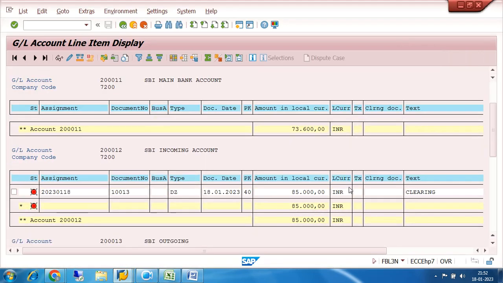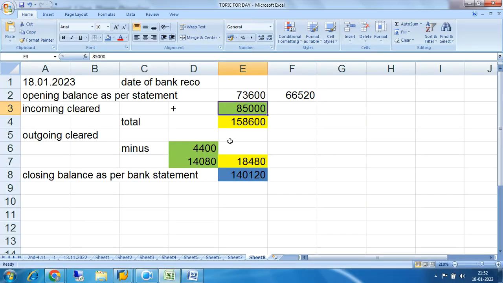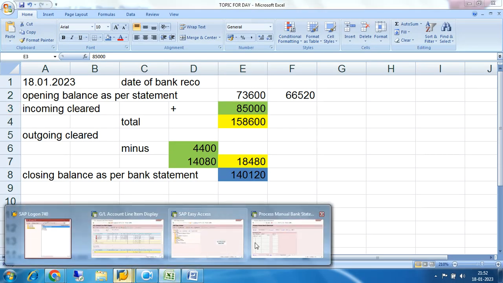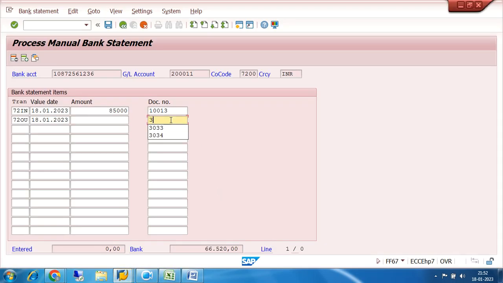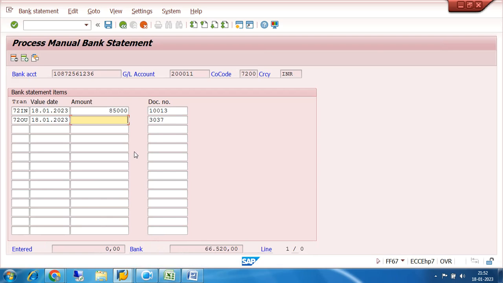In the open item, two transactions are already materialized. One is 4,400, another is 14,080. So this is document number 3037. I am coming to document number 3037, and this is my 4,400, 4,400 minus, and then I will come